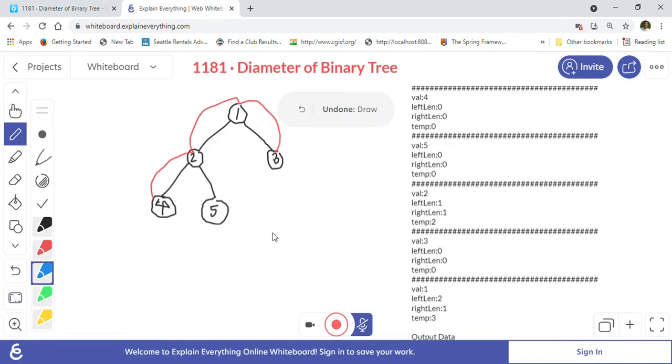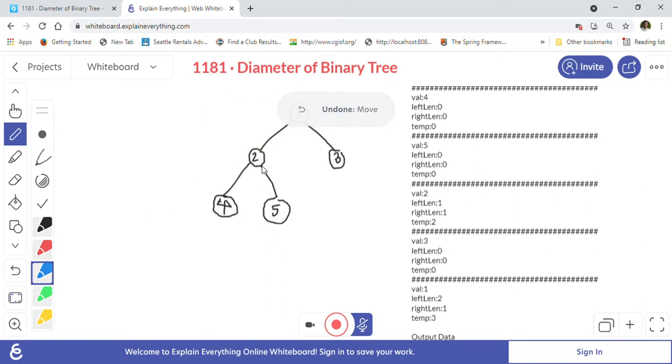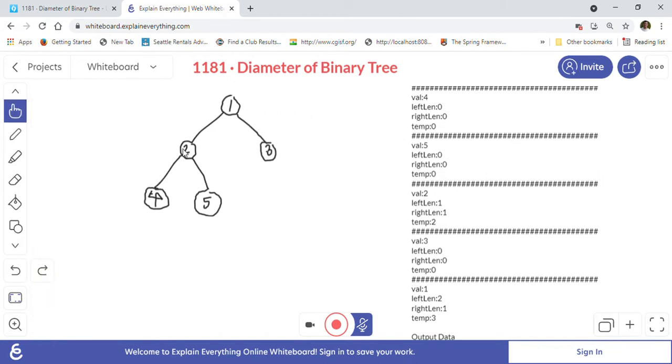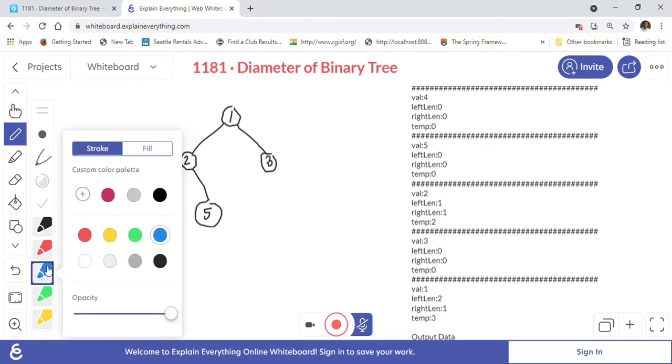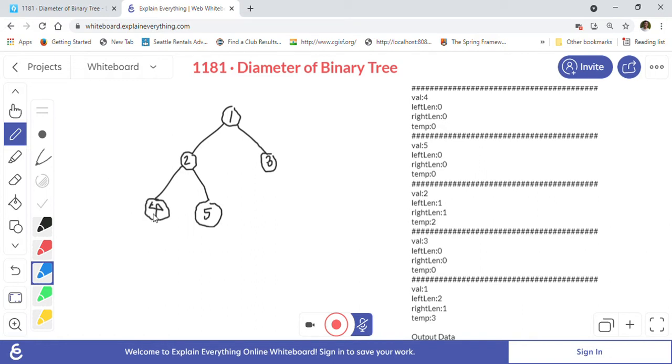So let me just backtrack this. How are we going to do the recursion? So our recursion function will start to compute the diameter from the bottom of the tree, which is at the leaf level, like from 4. The function we will call at root, but the function passes to 2 and then it will pass to 4. Because recursion starts at the bottom, that's where the recursion will start to calculate the diameter.